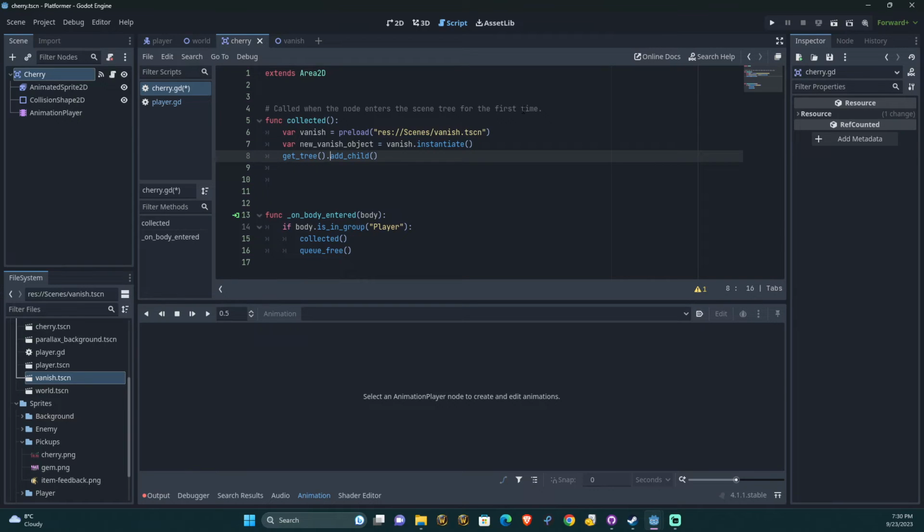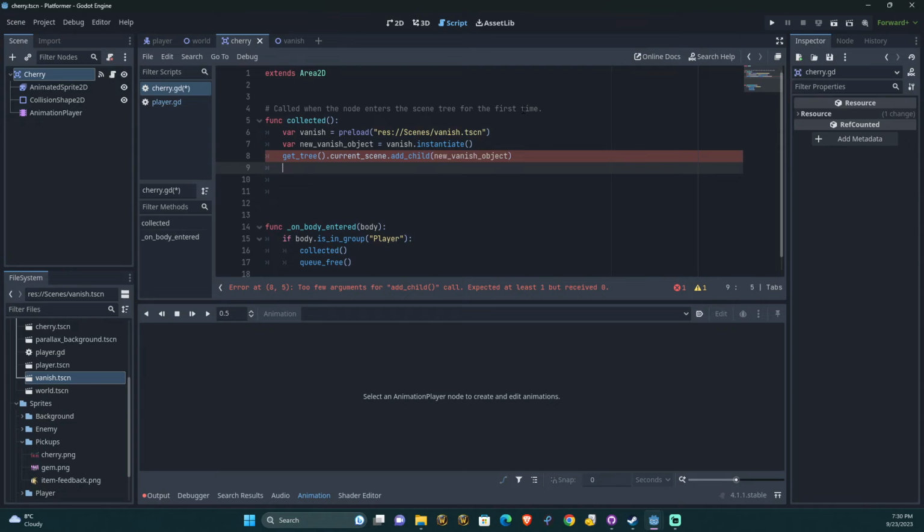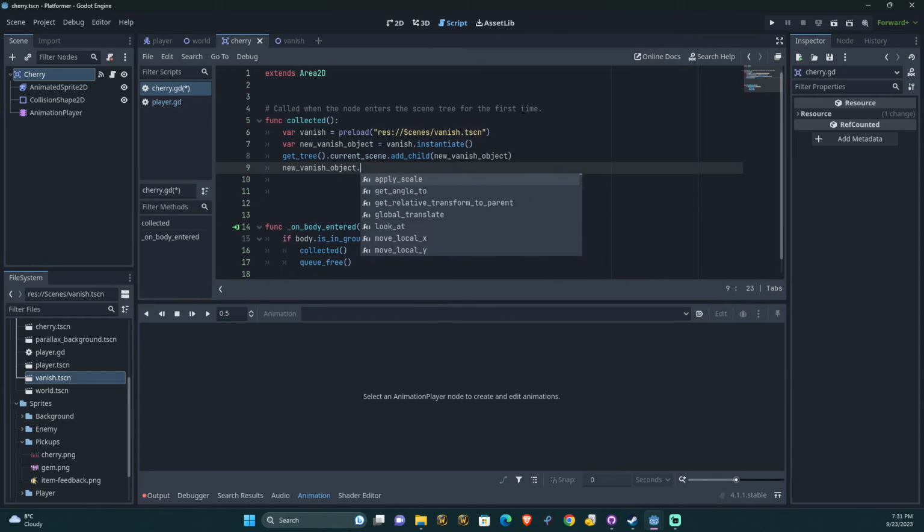We need to get tree dot, we need to get the current scene, dot add child. And what we're going to add is a new vanish object. And then lastly, new vanish object dot position or global position equals